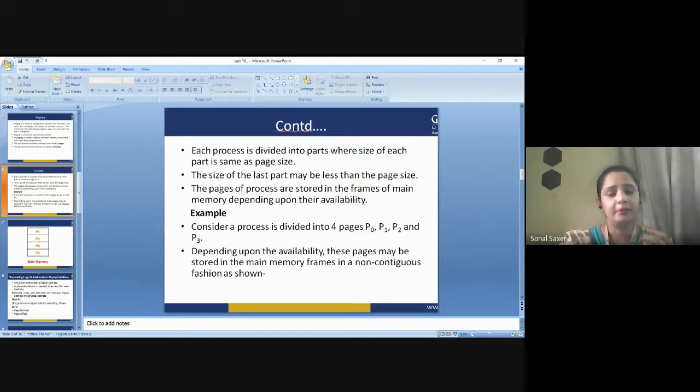So what will happen when I want to run a process and execute that process? At that time, I need to load the pages in the main memory. So how would I do that? Now comes the picture of main memory. I have told you that even in paging, the main memory is also divided into equal partitions. These partitions in main memory are called frames.